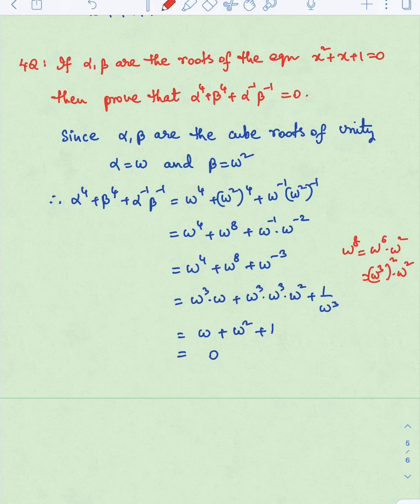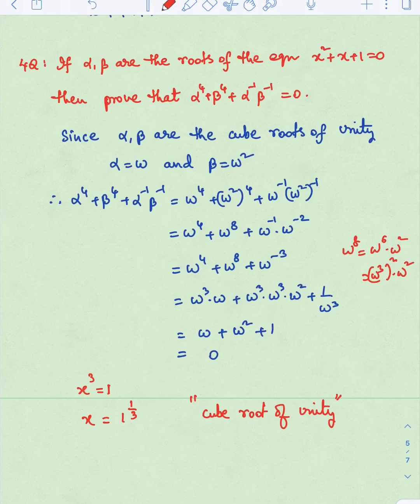Dear Sweros, it is time to understand how I have written this step. Given equation is quadratic, but we are writing its roots as cube roots. Why? What is said to be here? X cube is equal to 1. X is equal to how much? 1 power 1 by 3. So this 1 power 1 by 3 is read as cube root of unity.